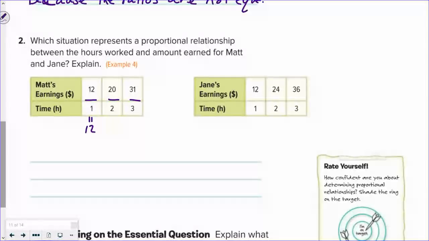So this one equals 12, this one equals 10, and this one is 10 point 3 repeating. So I can already tell Matt does not have a proportional relationship. If I take 12 divided by 1, I get 12. 24 divided by 2 is 12. 36 divided by 3 is 12. So Jane is proportional